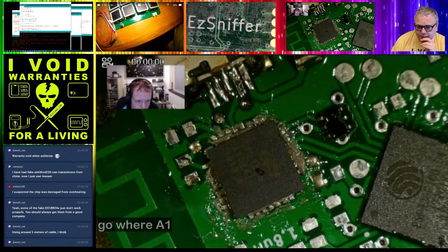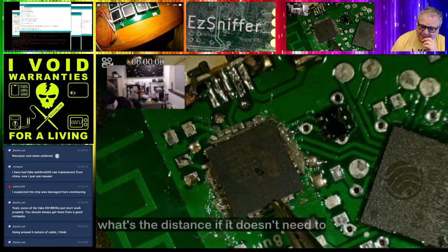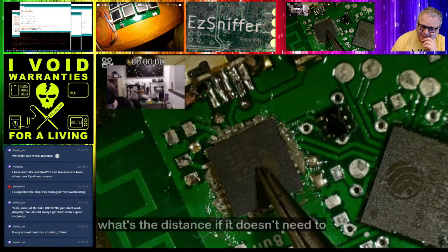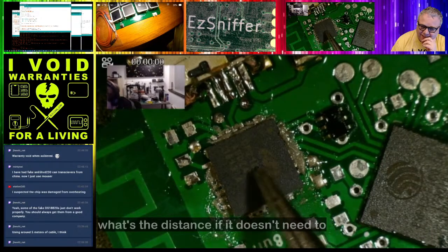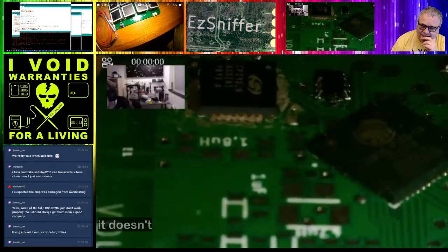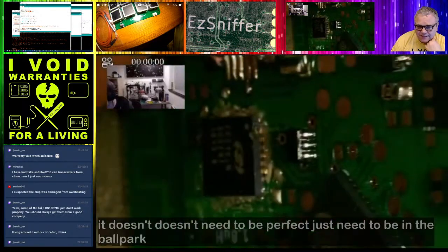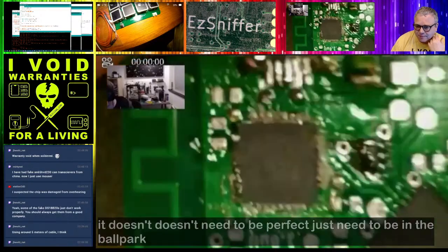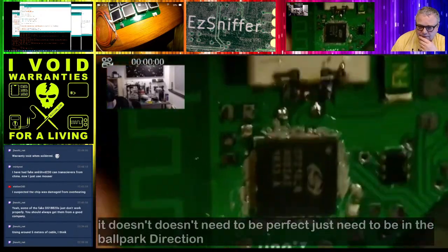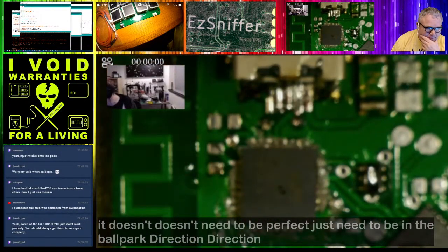No, but that's the fun about this. It doesn't need to go where you want. I'm going to push this ever so slightly in the correct direction. Also, the placement of the QFN doesn't need to be perfect. It just needs to be in the ballpark. So it's correct in this direction, and roughly correct in this direction. That's the main thing you need to check. You can always, while heating up, you can...